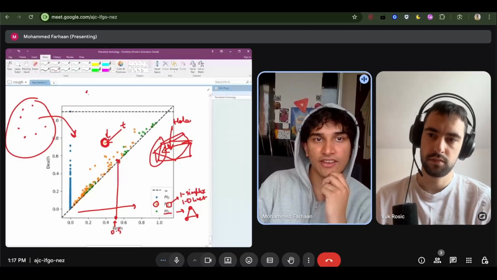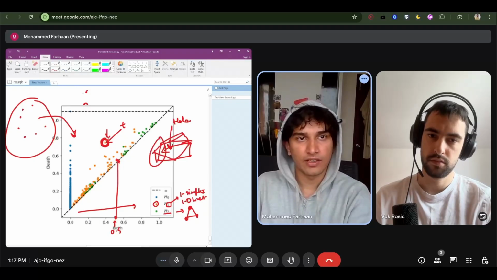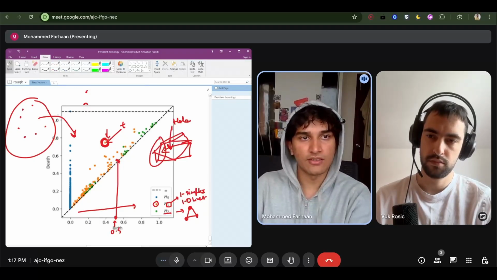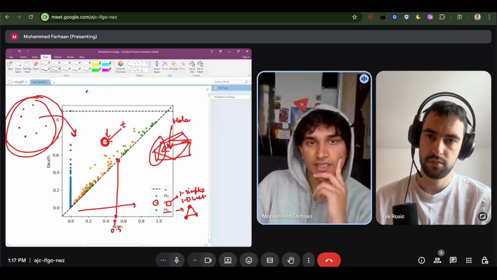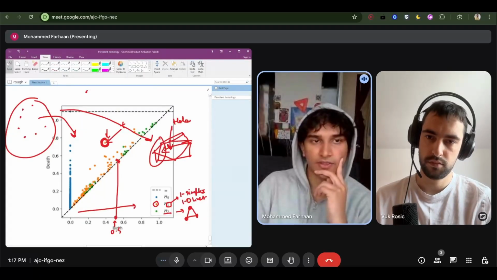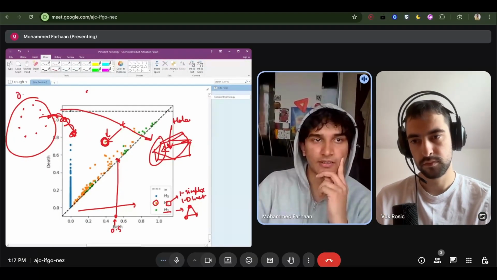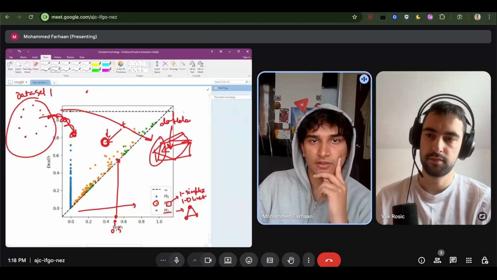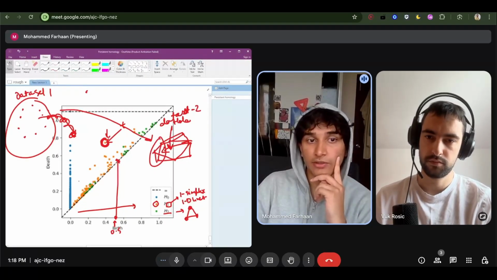So say I have this data set, and I want to see how close this thing is to this nice one that I have here. Take any two data sets over here, data set 1 and data set 2. So how do I relate how close they are to each other? What I do is I take